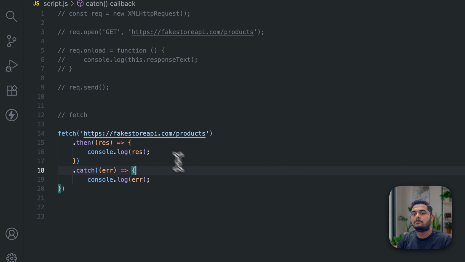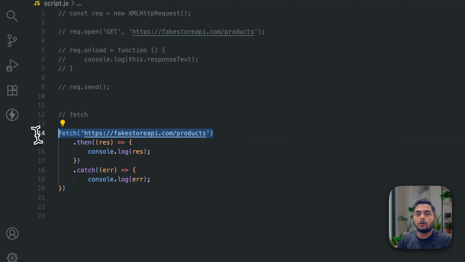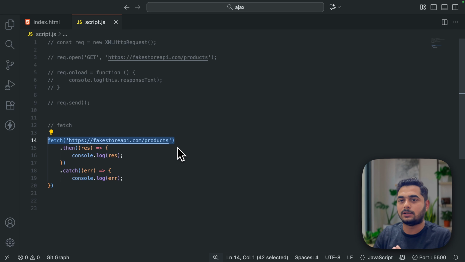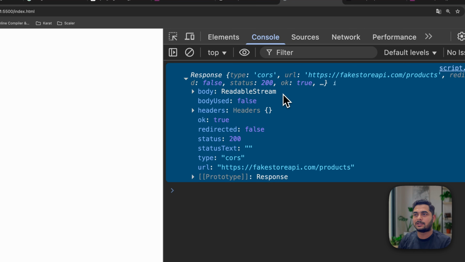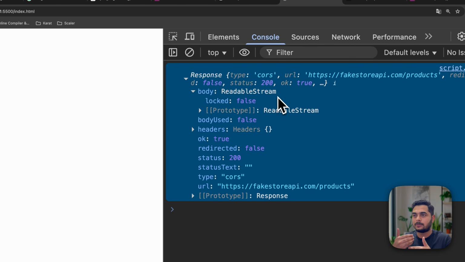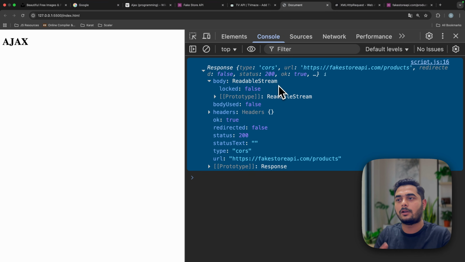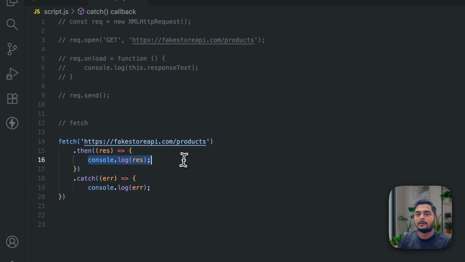Now, fetch basically does not load the data in one go into the memory. It loads the data in chunks, so we get a readable stream. This readable stream is kind of a source of the data. And from this readable stream, if we want to read all of the data, then we can call the method called response.json. That will help us parse that whole data into a JavaScript object, and this also